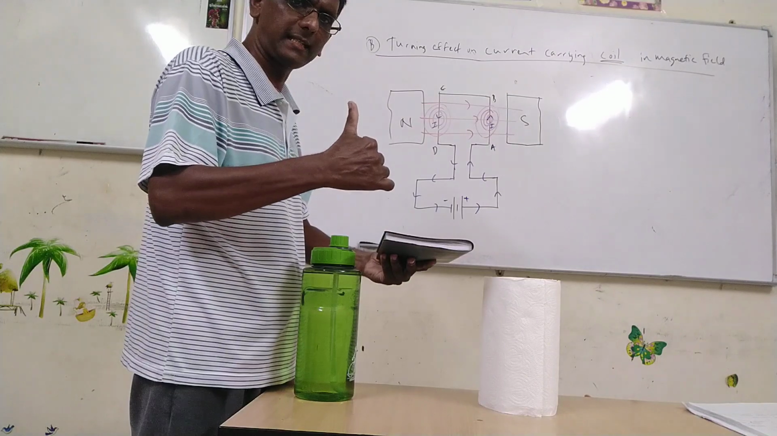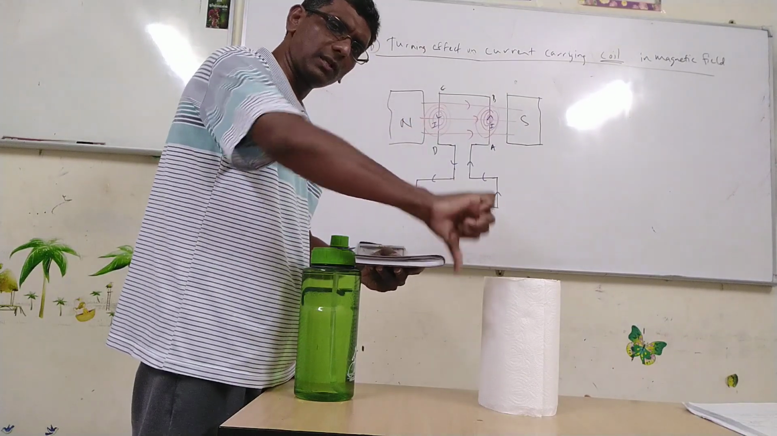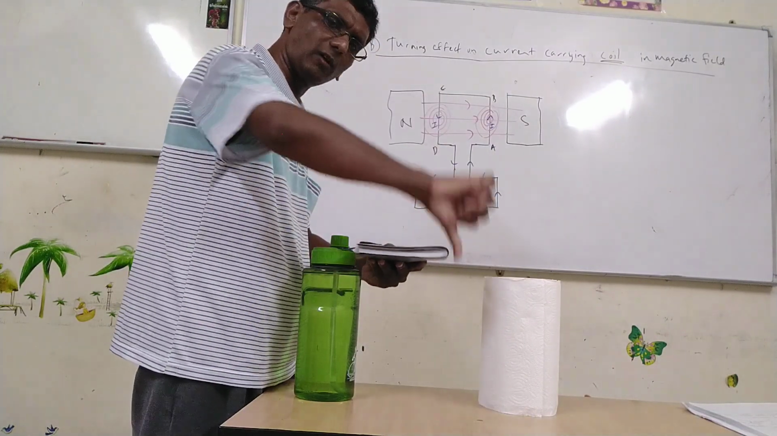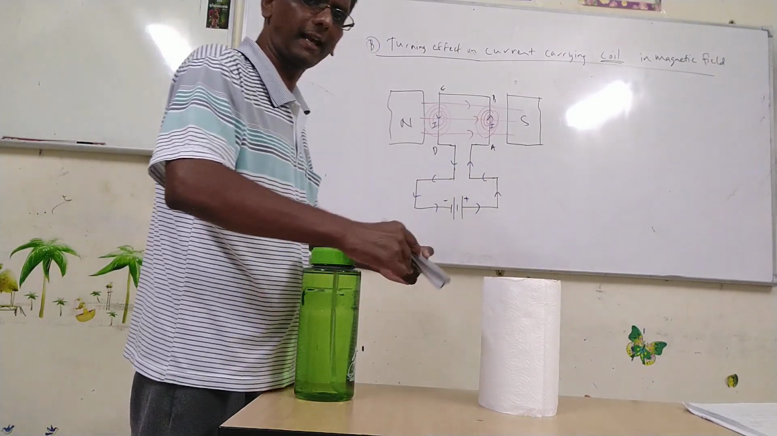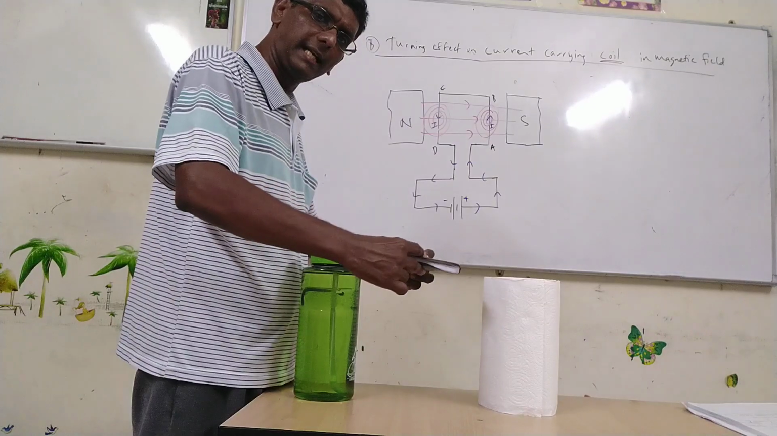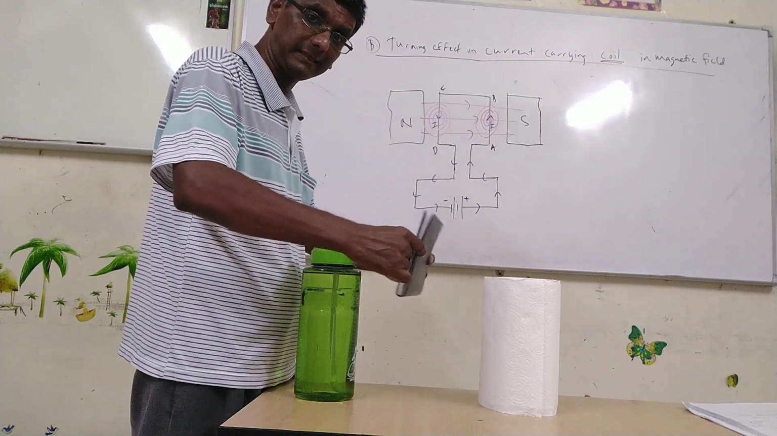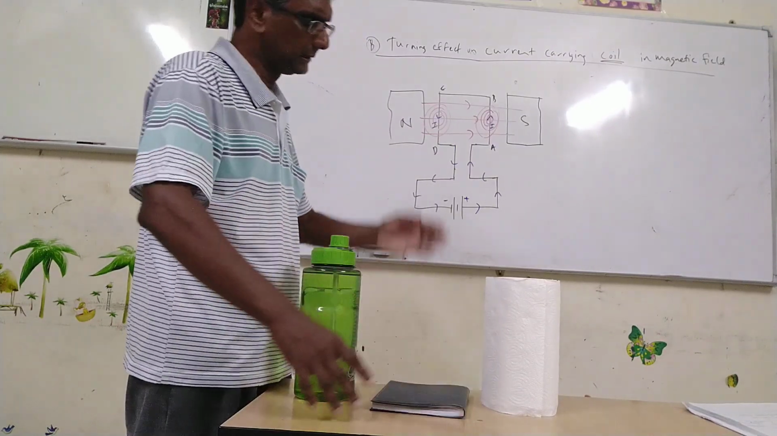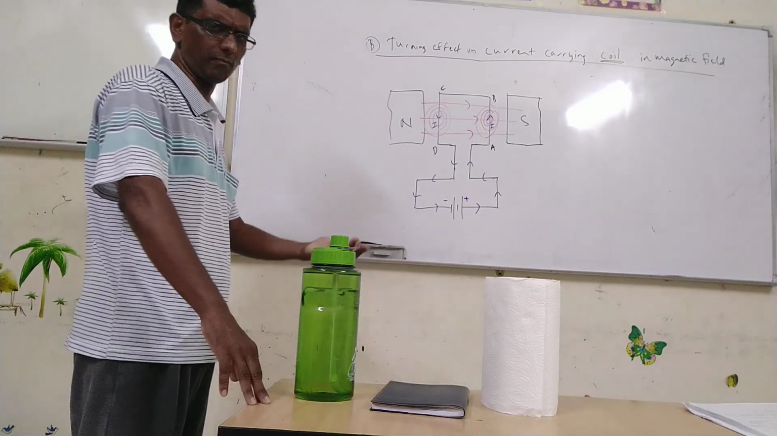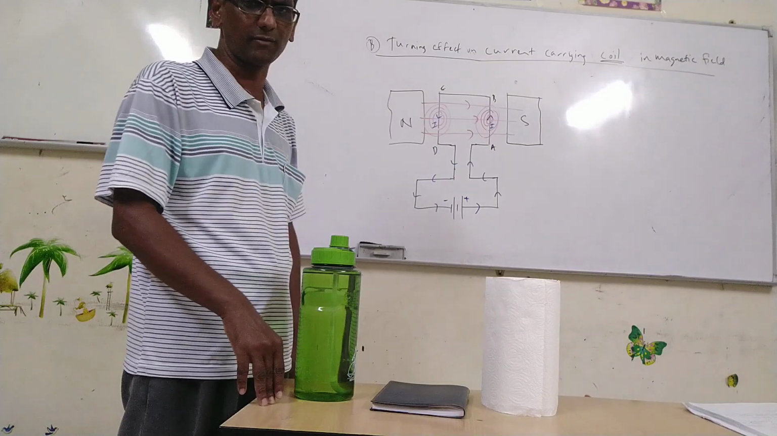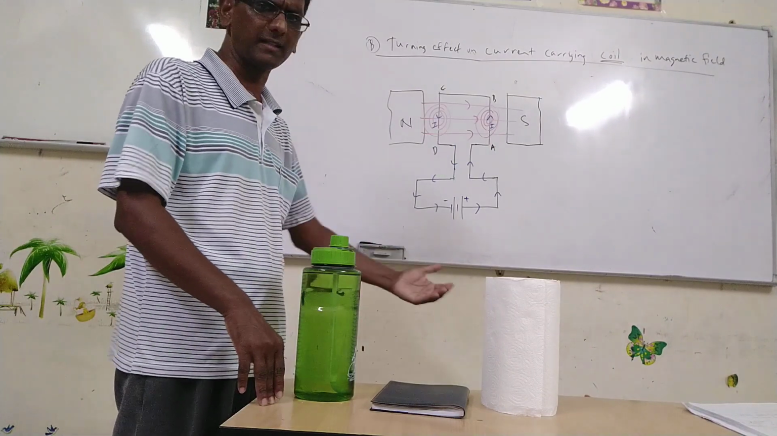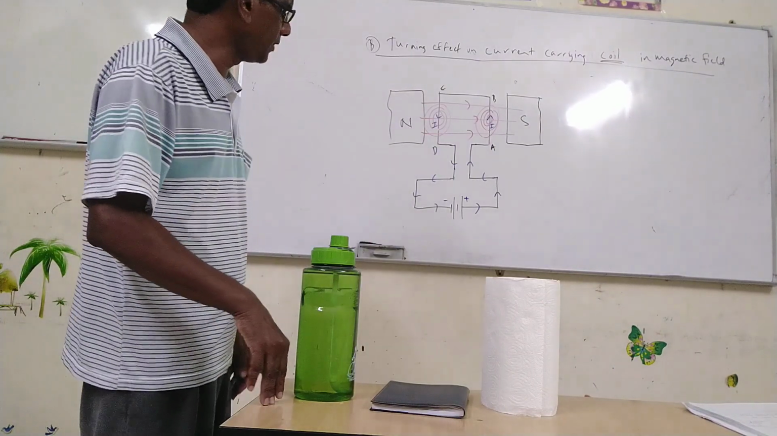The force acting upwards and downwards is creating a turning effect. And it is the same Fleming's left hand rule, we are using Fleming's left hand rule. Okay, now we are going to learn